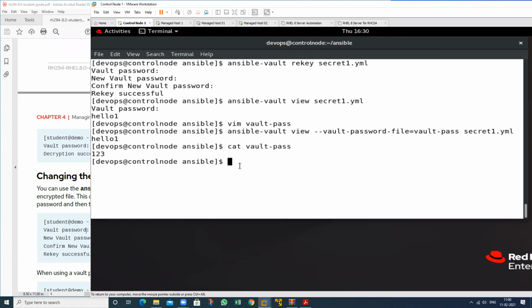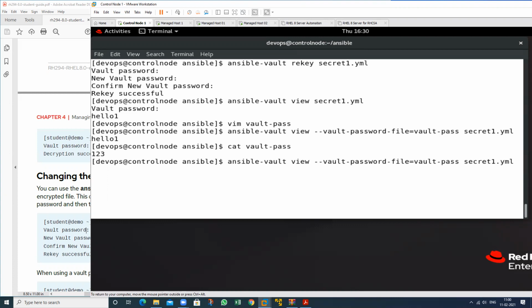This is my password. So sir, the one question is this, that if we forget the password, can we use this command also? Yes, if you forget the password, it is saved in this particular file, so you can place this particular file in your pen drive, in your Gmail, anything. Just download that one, then you are able to see it.